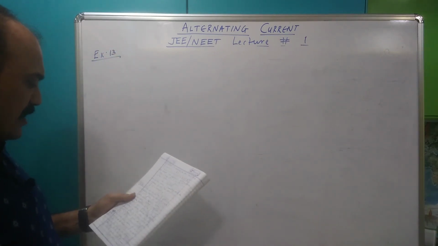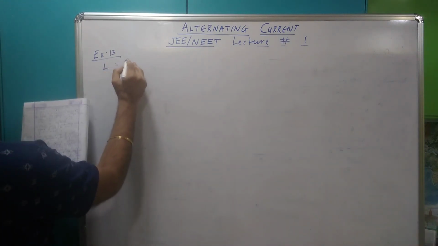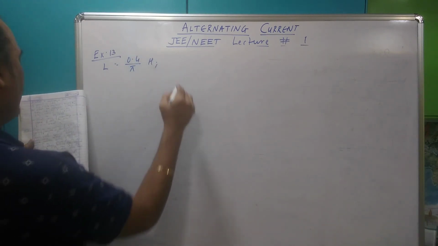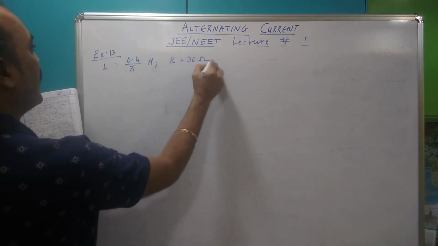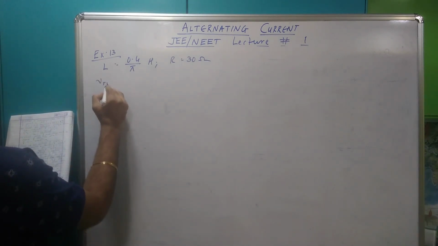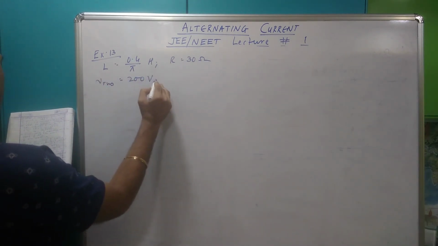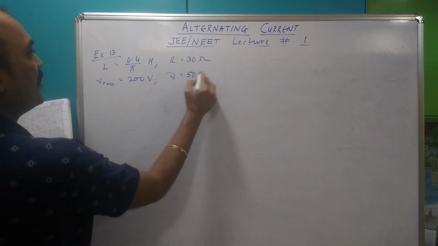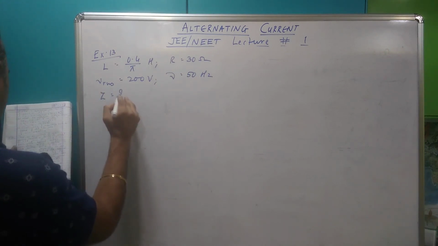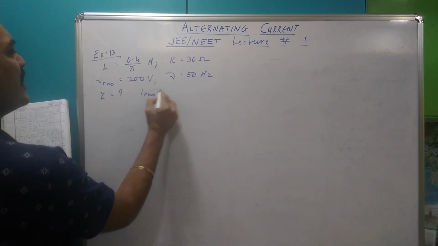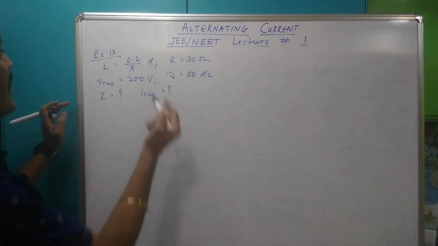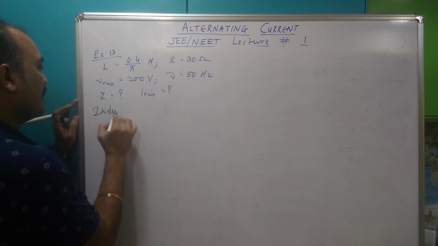Okay, they say in an LR circuit, the value of L is 0.4 by pi Henry and the value of R is 30 ohm. Pretty typical value of L. If in the circuit there is an AC voltage of 200 volt, VRMS is 200 volt, and nu is 50 hertz. I love 50 hertz nu. Connected, then the impedance of the circuit they want Z, and the current. And whenever they ask you the current, it's always RMS. Okay. So we'll first find XL, inductive reactance.